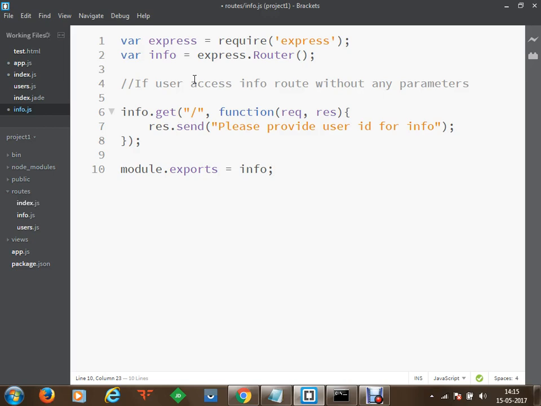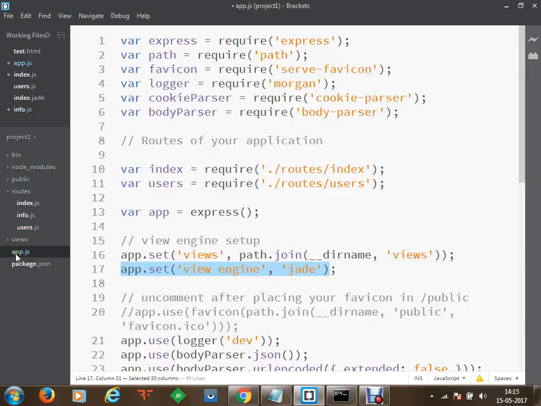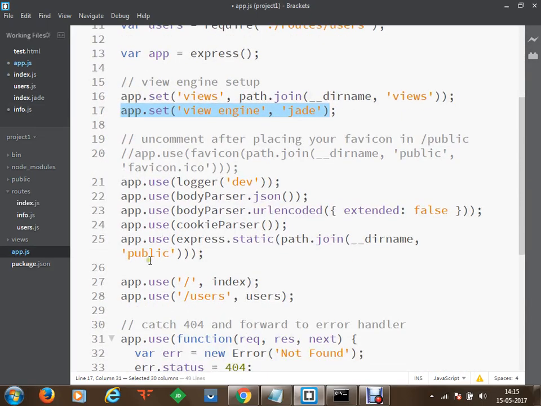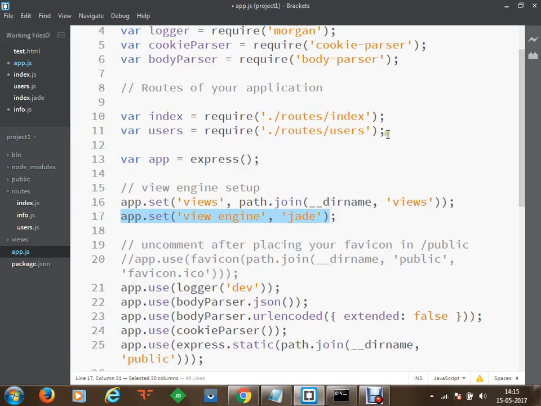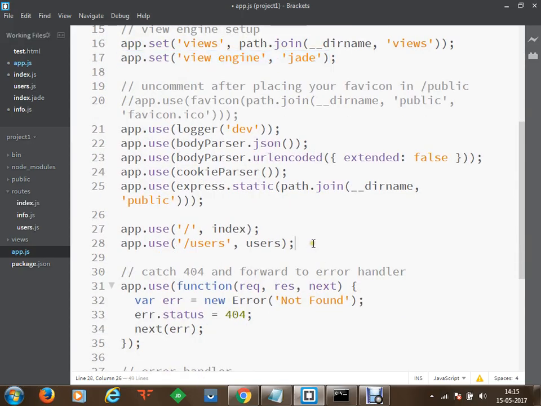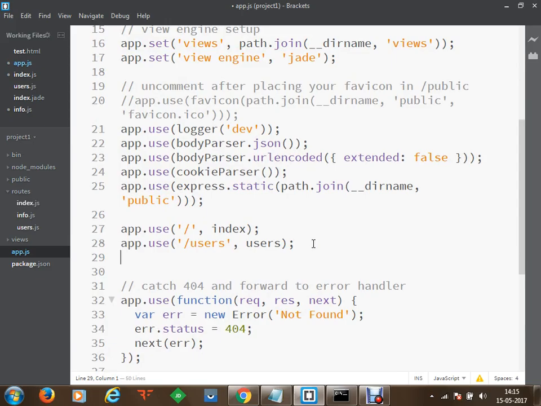Okay. So now what next we have to do, once we have written our custom route for info path, now what we have to do is we have to specify this information about info in app.js file. So app.js will act as your manager, and now what we have to do is, first of all, we are going to specify the route, and then we are going to use the route. Okay. So what I will be doing, first of all, I'll go to line number 29 here. On line number 29, I will say my app is going to use this. So if a client specifies info in the browser in the root directory, then we will transfer him to the info object.